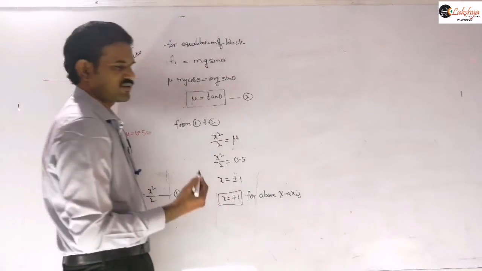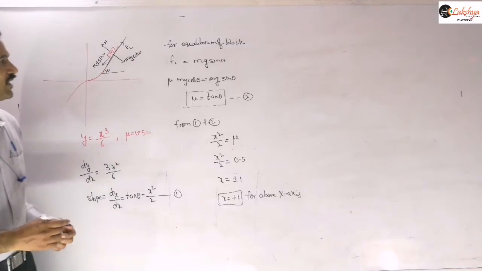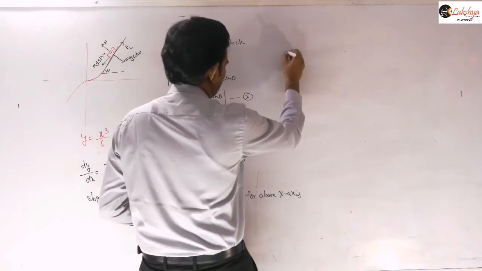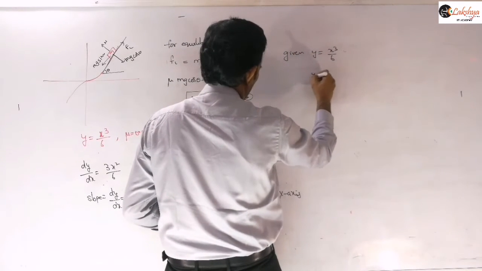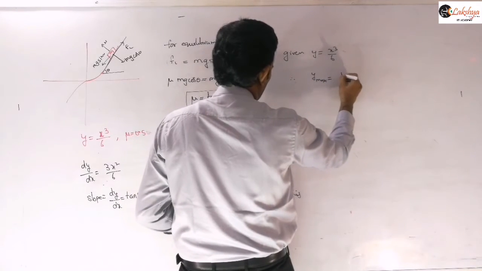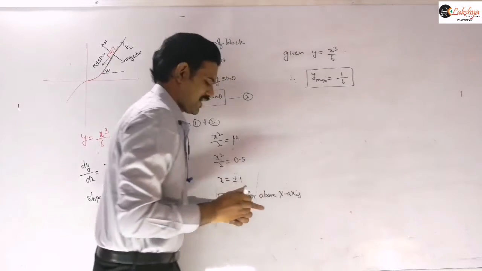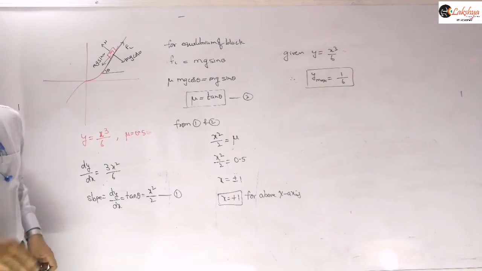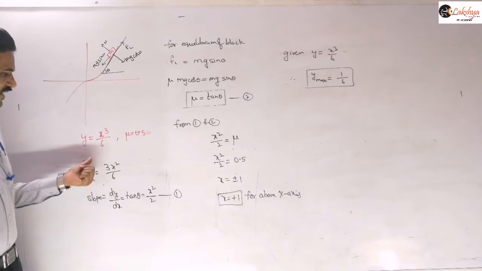I already mentioned that above the x-axis, so I am taking x equal to plus 1. Now you can substitute x equal to plus 1 in the given equation, y is equal to x cube by 6. Therefore the maximum value of y is 1 by 6. That is the maximum height at which we can place the object at rest. Is it clear? This type of problem is important to learn; this is actually a previous JEE Mains question. So we are finding the slope here.